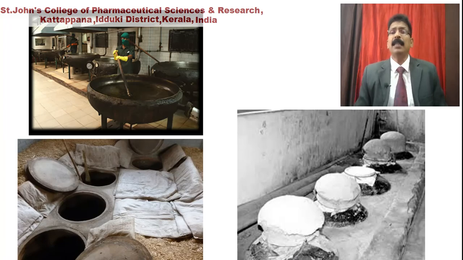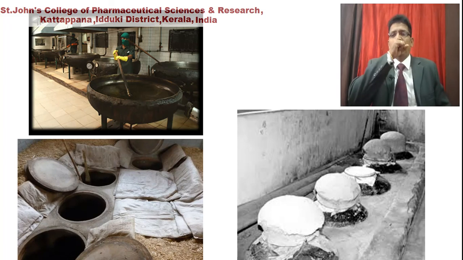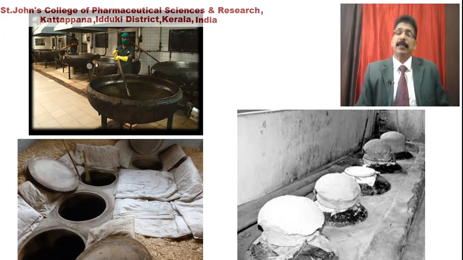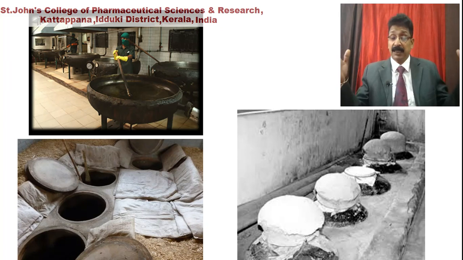And this is a picture which shows the vessels they are using for the preparation of Ayurveda medicines. You see a man with a big vessel, a pan, and a very big spade which he is using for stirring, like we use in marriage functions or big functions. For preparation we use this type of vessel, called varpu, and sometimes they call it uruli. These are all the names which we use.